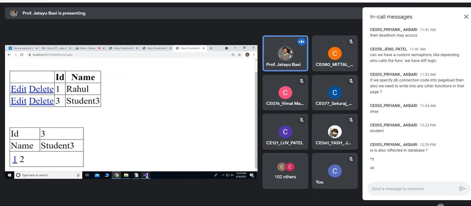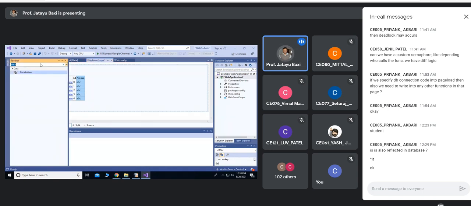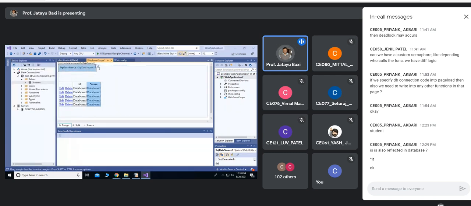So what I am saying is here I have only two columns. So if I change the schema, it will take more time. So let's say, okay, let's put one SQL data source control which shows only IDs, right?